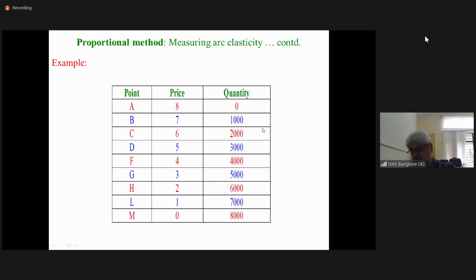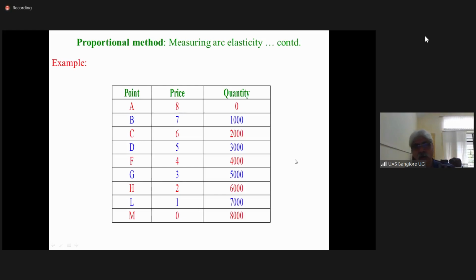So just remember, you don't have to mug up the values. You just remember this, 8 rupees to 0 rupees, 0 units to 8000: 8, 8000, 7, 7000, 6, 6000. It is just to make the exercise easier. Okay, so 8 to 0, price decreases, quantity increases from 0 to 8000 units. These are the points. Okay, now using this information, let us draw the demand curve.